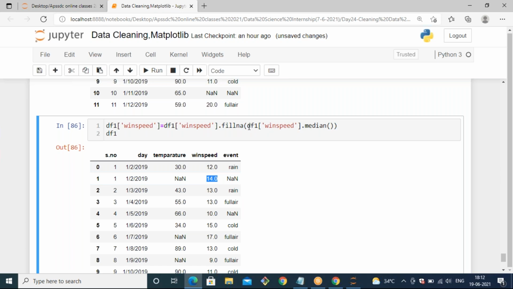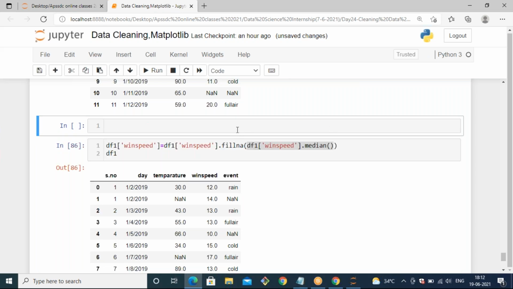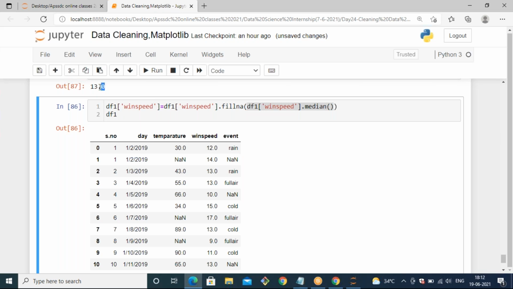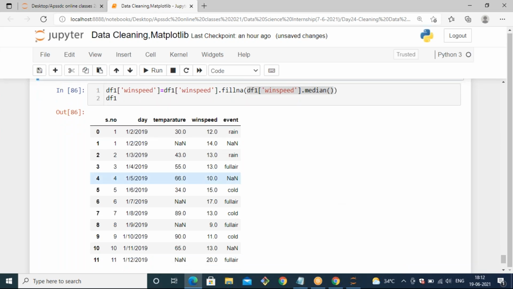If you want to calculate the wind speed median manually, you can calculate it. So the median of wind speed is 13.0, and this 13.0 is filled wherever there is a NaN value of wind speed.